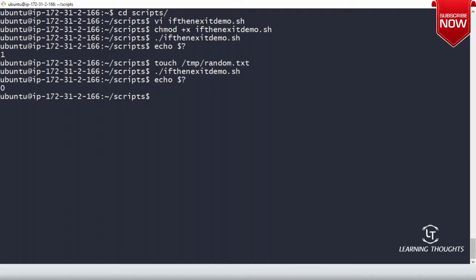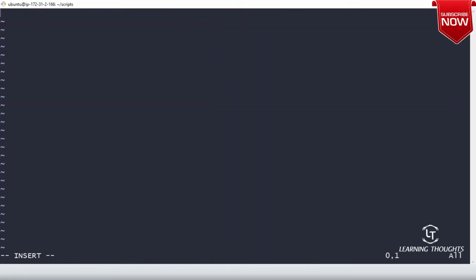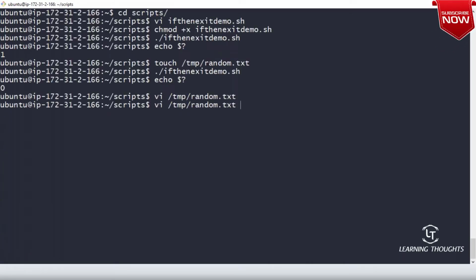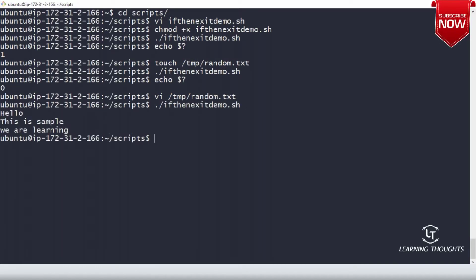Now if I add some contents, vi /tmp/random.txt and say hello, this is sample, we are learning, and now if I execute the same script and then execute echo $?, are our scripts returning the exit code, sir?